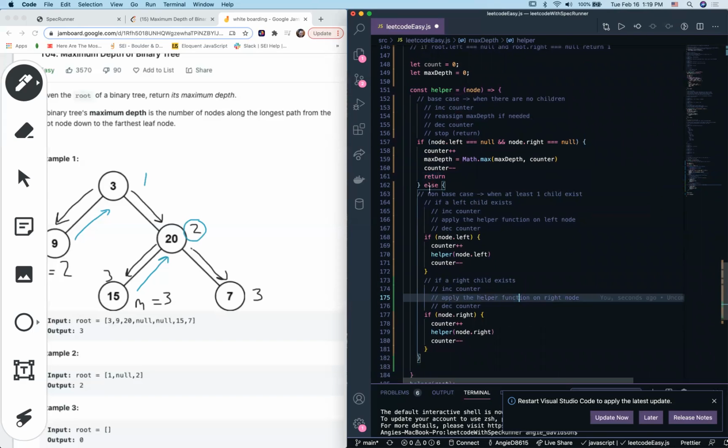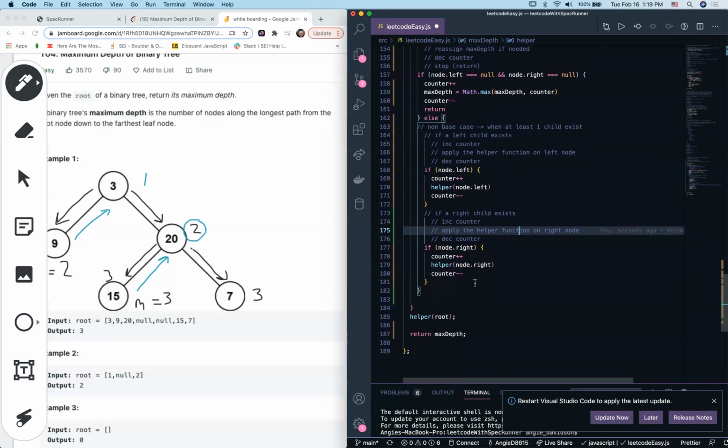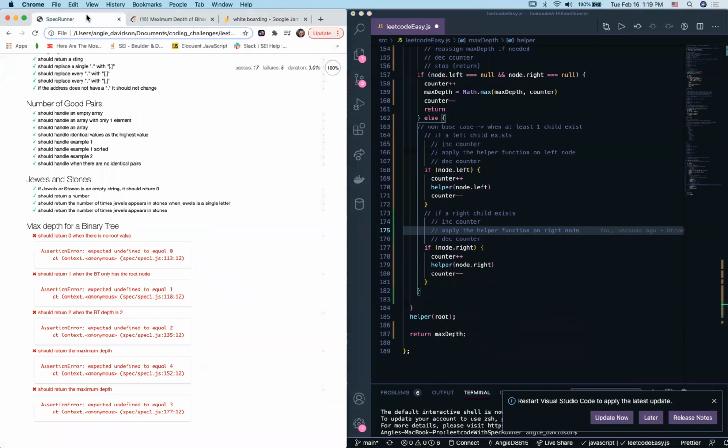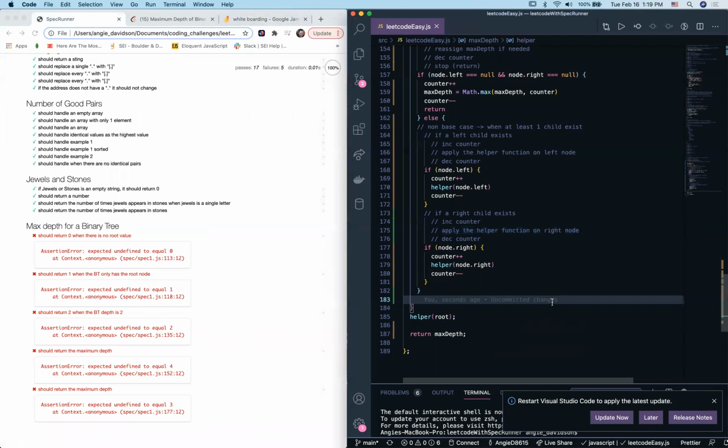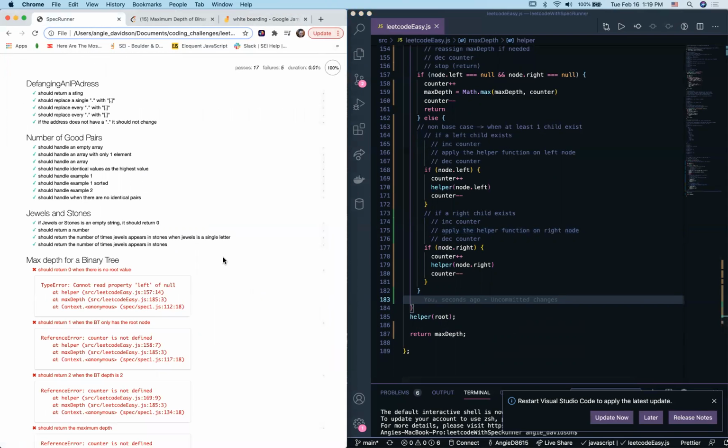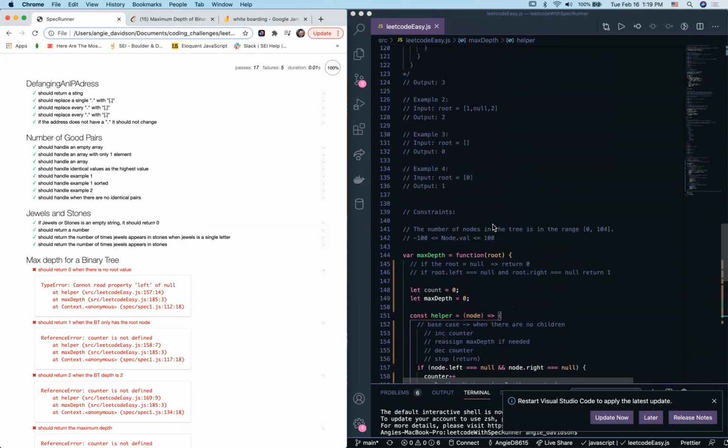All right, so we've got our else statement. Let's check this out. And we do make sure to call helper on the root, and we look at the max depth. So let's go back to our spec runner here. Let's save this first and then refresh. Should return 0 when not. Cannot read property left of null. Looks like